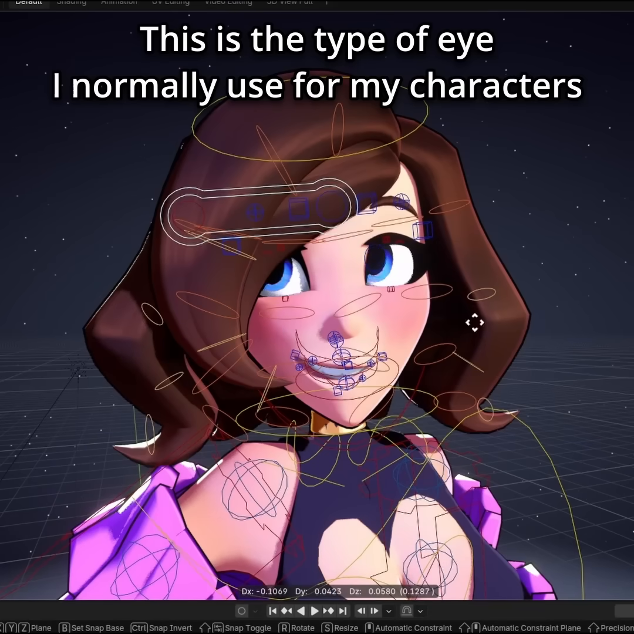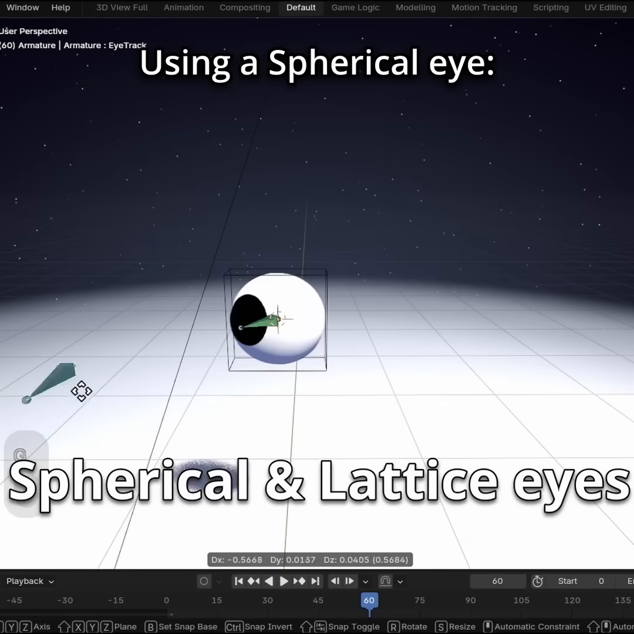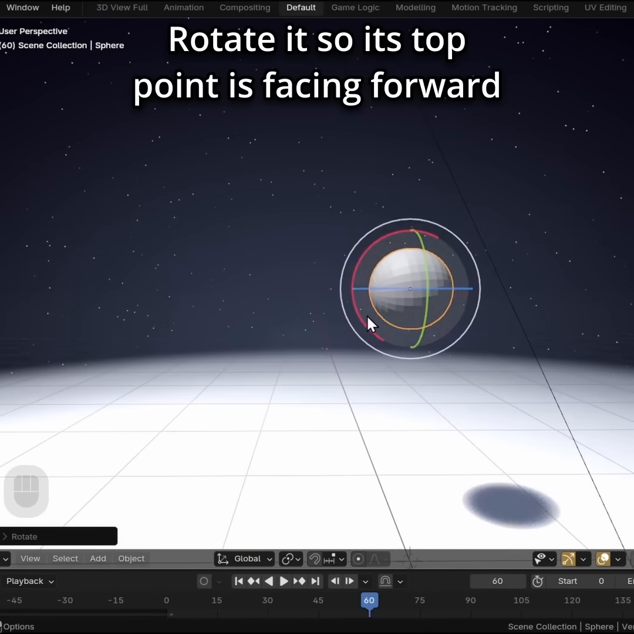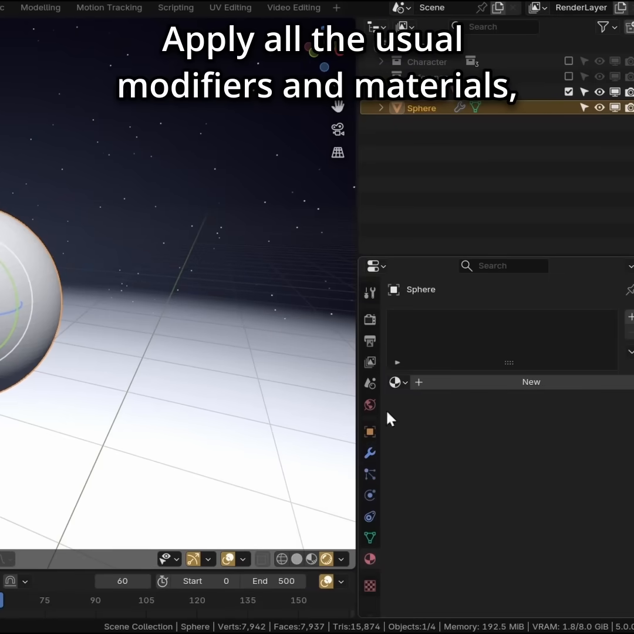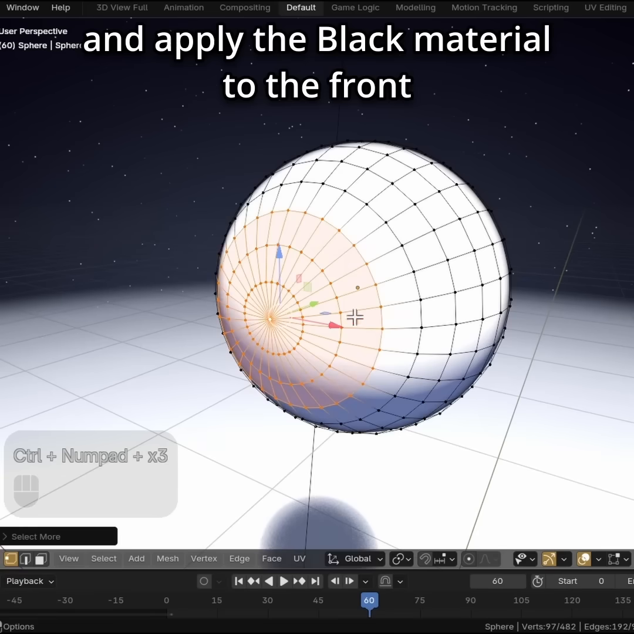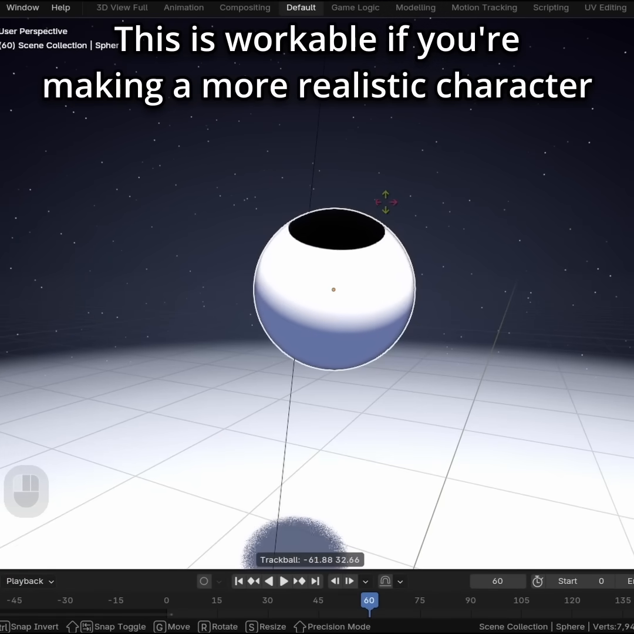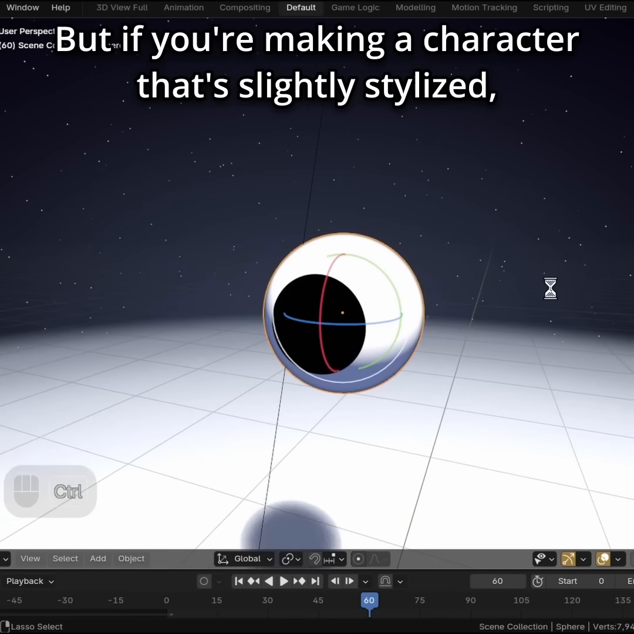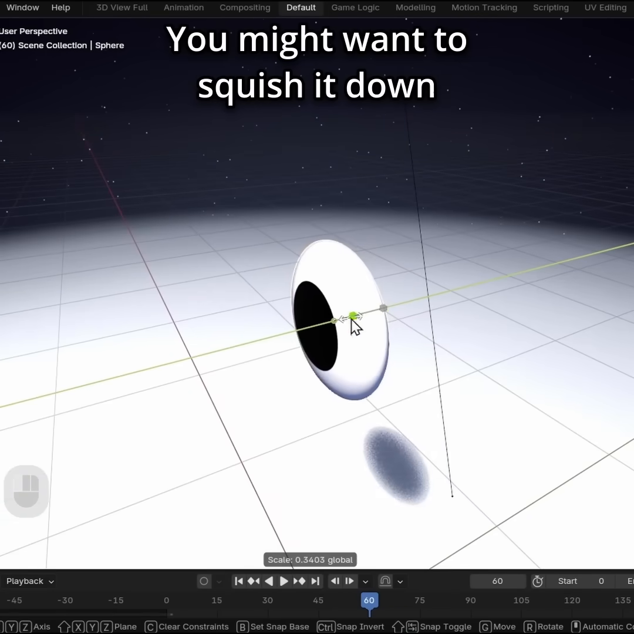This is the type of eye I normally use for my characters. Using a spherical eye, I'll make a UV sphere, rotate it so its top point is facing forward, apply all the usual modifiers and materials, and apply the black materials to the front. This is workable if you're making a more realistic character whose face can work with a truly spherical eye, but if you're making a character that's slightly stylized, you might want to squish it down so it's a bit flatter